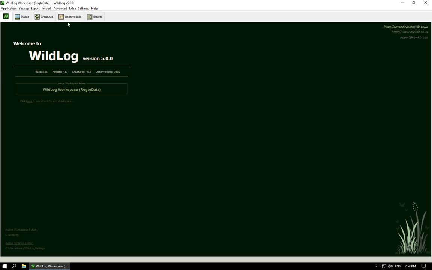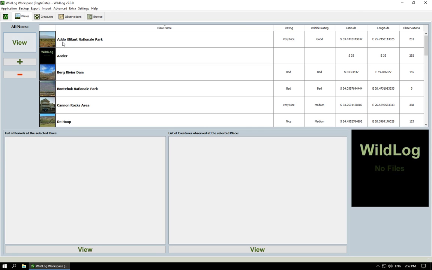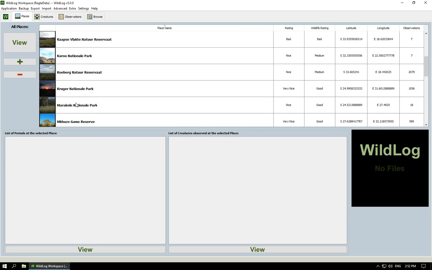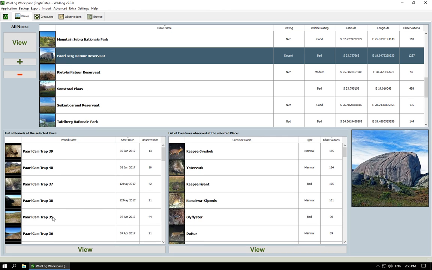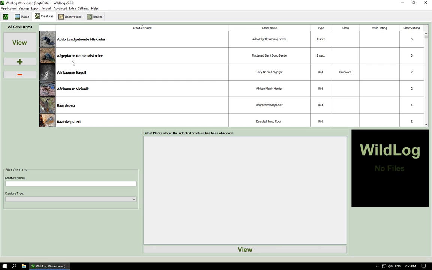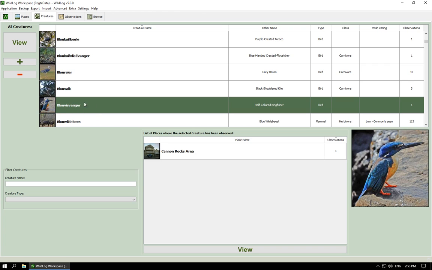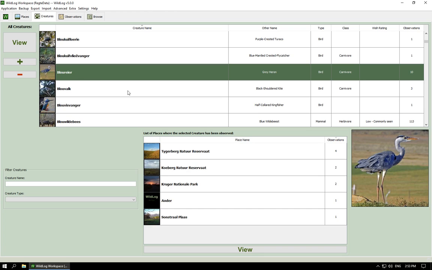When WildLog starts, you'll notice the 5 static tabs at the top. The first one shows a list of all the places. Once you click on one of these places, you'll see a list of the periods and creatures associated with this place. You can also look at all the creatures. When you click on a creature, you'll see a list of all of the locations where this creature has been